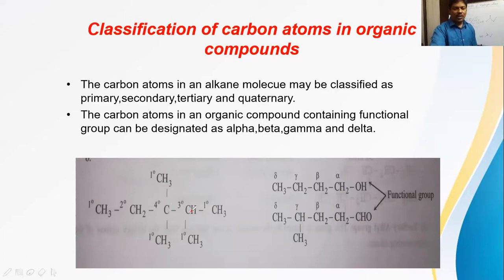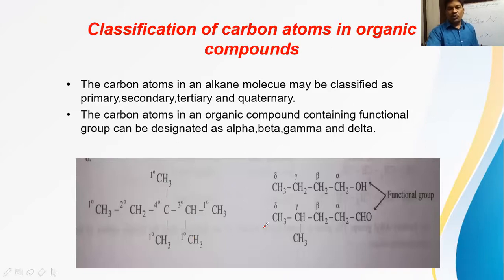And this carbon, if you observe, is directly attached to how many carbons? 1 carbon this side, 1 carbon downwards, 1 carbon right side. So this carbon is totally attached to 3 other carbons. So it must be taken as 3 degree carbon or tertiary carbon atom. And this carbon is attached to only 1 carbon, so it is primary carbon. This carbon attached to 1 carbon, that's why primary carbon. This is also primary carbon. This one also is primary carbon. So how many primary carbons here? 1, 2, 3, 4, 5 carbons are of primary type. So in this way, they ask the questions here. All types of carbons are available here: primary, secondary, tertiary, quaternary carbon atoms.